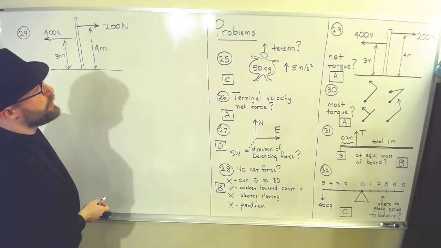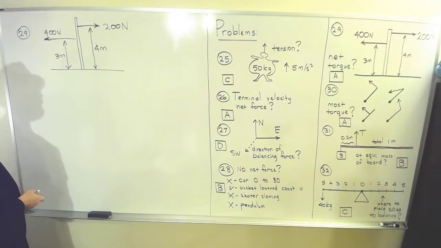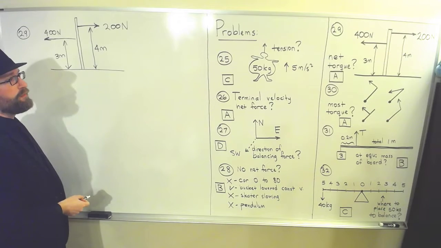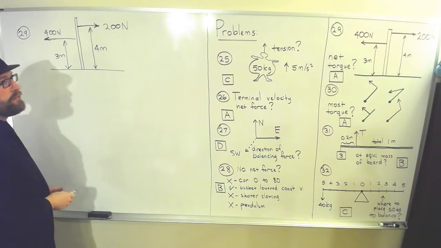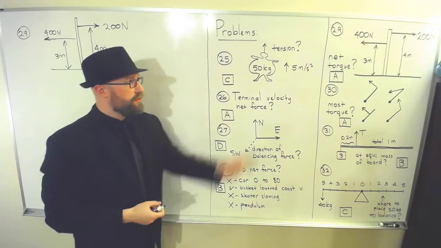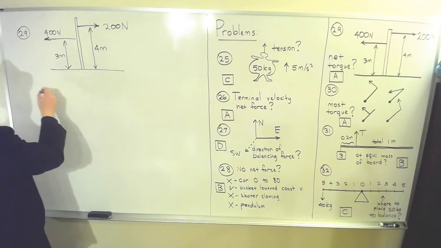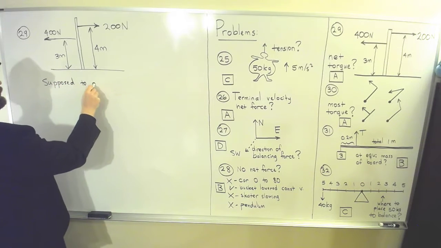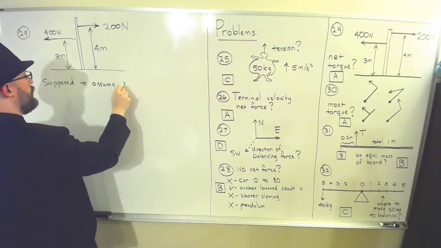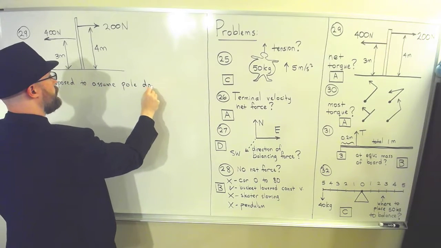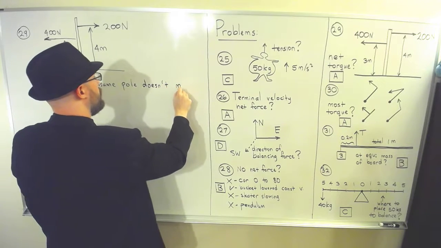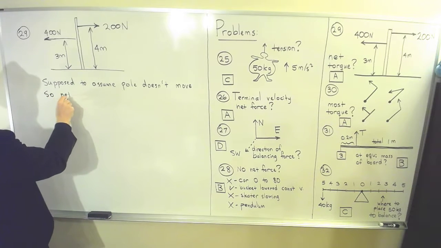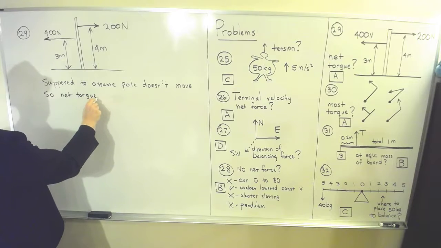And this is kind of a trick question. And it's maybe not quite fair, because they don't really tell you. They kind of imply, they say the pole stands there, but they don't really guarantee to you that the pole's not moving. So you're supposed to assume that the pole doesn't move. And in that case, the net torque must